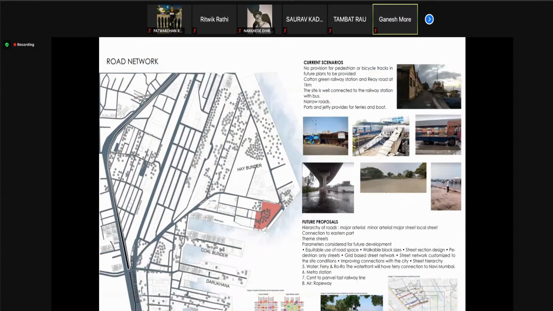The plan shows the current road network. The current scenario can be seen in the picture on the right hand side. In the future, the roads are proposed to be developed based on hierarchy. Theme streets are proposed to be developed in the site. The parameters considered for future development are equal usage of road, walkable block sizes, street section designs, pedestrian only streets,